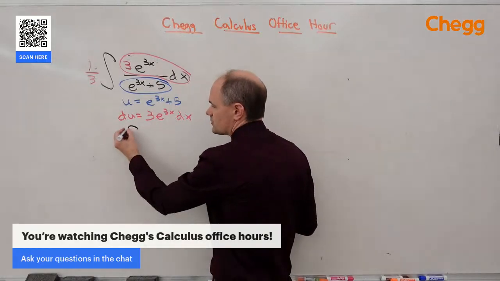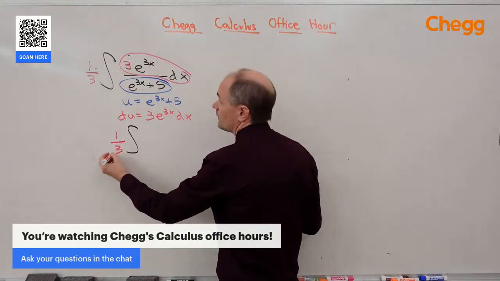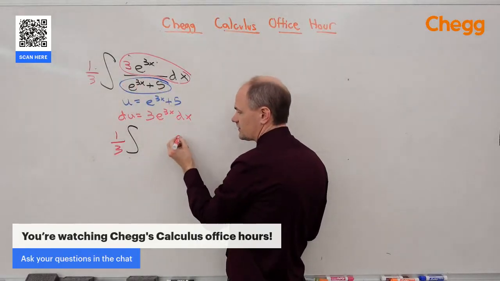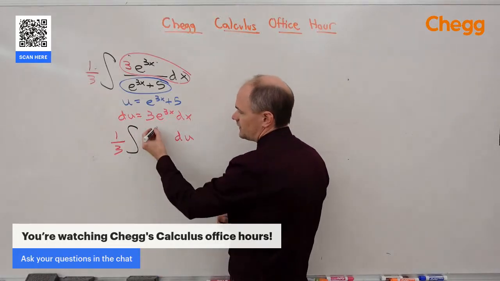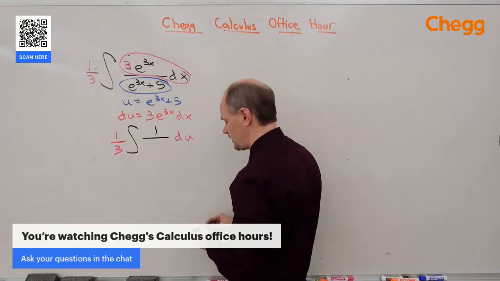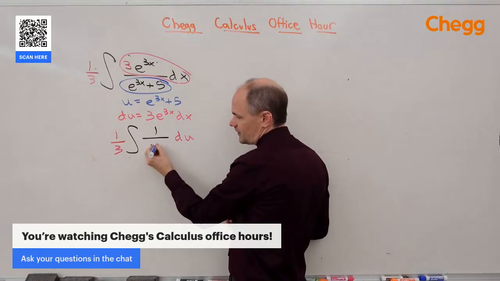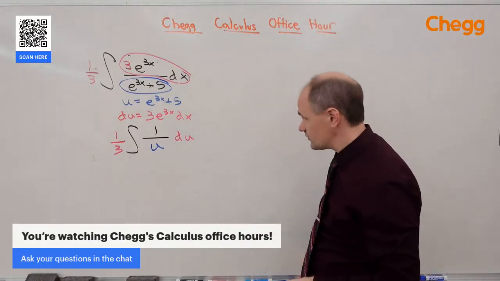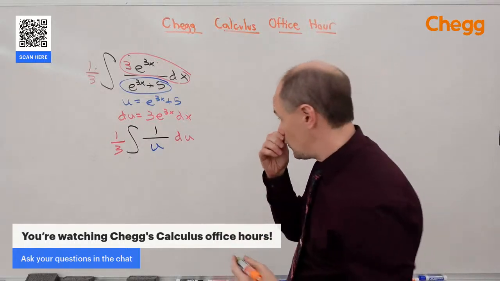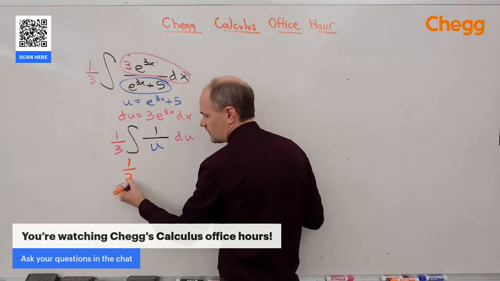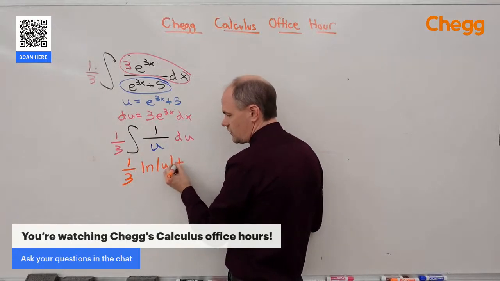So now we've changed this problem to an integral that's got a 1/3 out front. The 3 e to the 3x dx all became the du, leaving nothing left in the numerator, or a 1. We need a placeholder. And then this e to the 3x plus 5 all becomes a u. And this will simplify the problem down to an integral that's much easier to work with. So we've got 1/3. And the antiderivative of 1 over u is the natural log of u, of course,